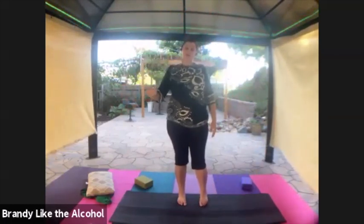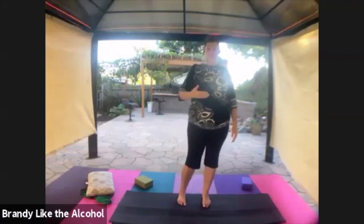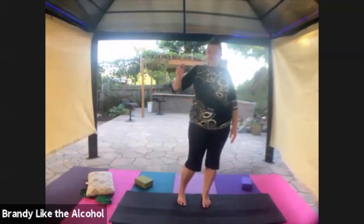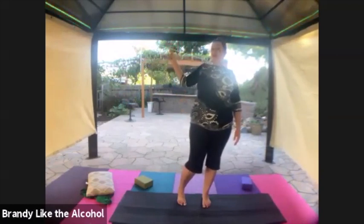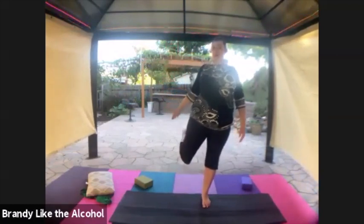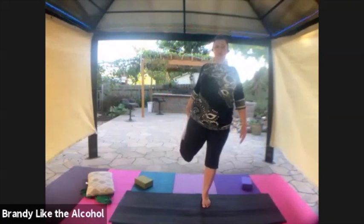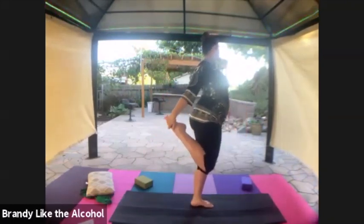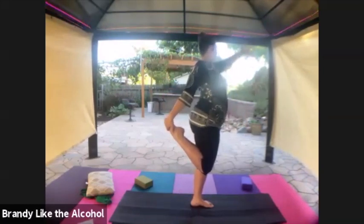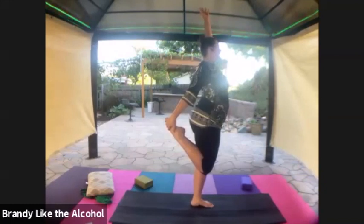Shift your weight over onto your right foot. Unlock your knees. Use that left hand, shoulder shrug, up, back, and down. Reach back with that left hand to touch the dust on the left foot. You grab a hold of that left foot. Shoulders up, back, and down, belly pulled in. Allow that right arm to rise into the sky, that drumbeat of your heart pounding away as you begin to